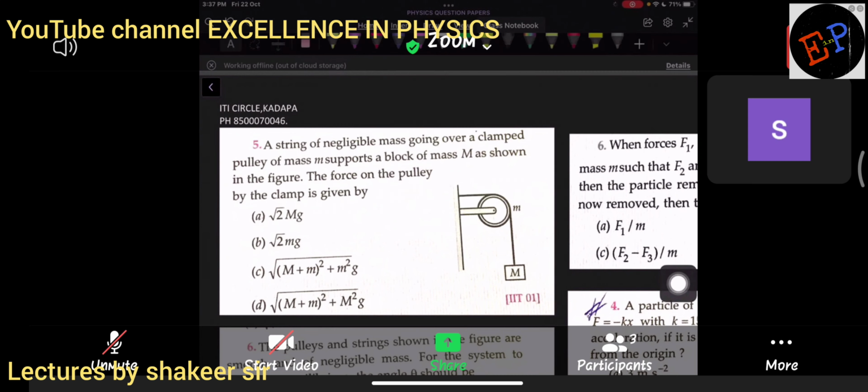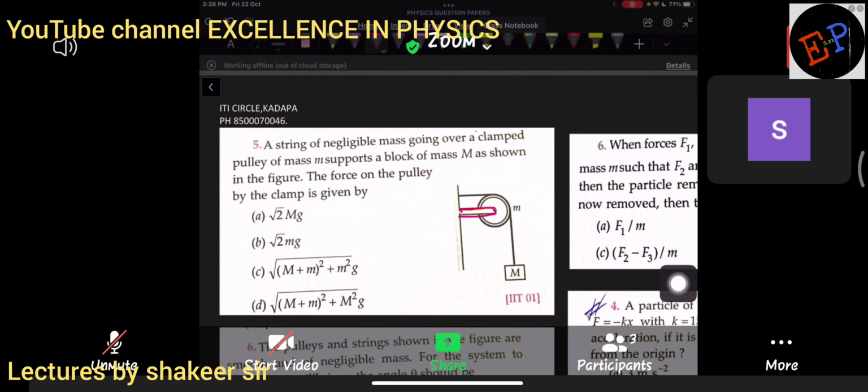Which is meant by clamp here? This is the clamp. This is called as clamp. Clear? So, the clamp will give force on the pulley. Why will this give force? No, it is not because of rotation. See here,